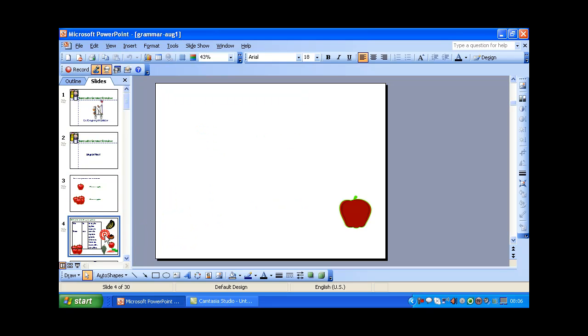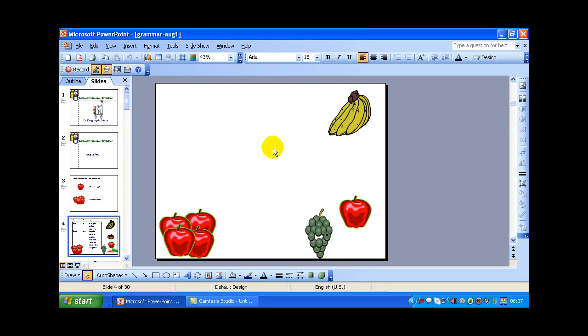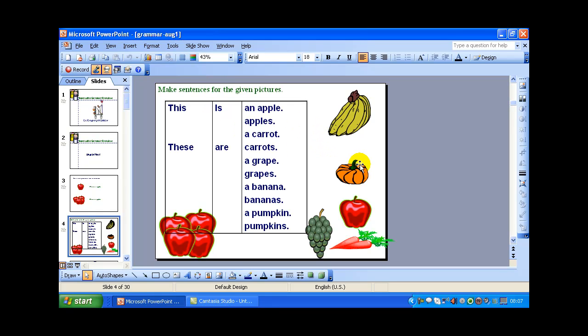So in the next slide, I give them a table with pictures. I'm going to ask them to select the sentences that are grammatically correct and also match with the pictures. So if they say "this are carrots," it will be wrong. If they say "this is a carrot," that will be grammatically right, but it does not match the picture, so it will be wrong again. So they have to choose sentences that match the pictures.